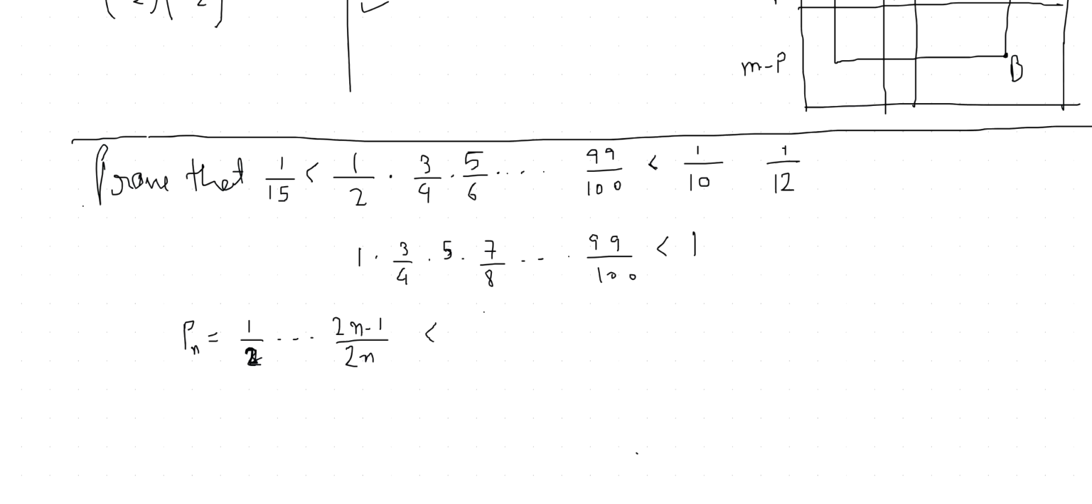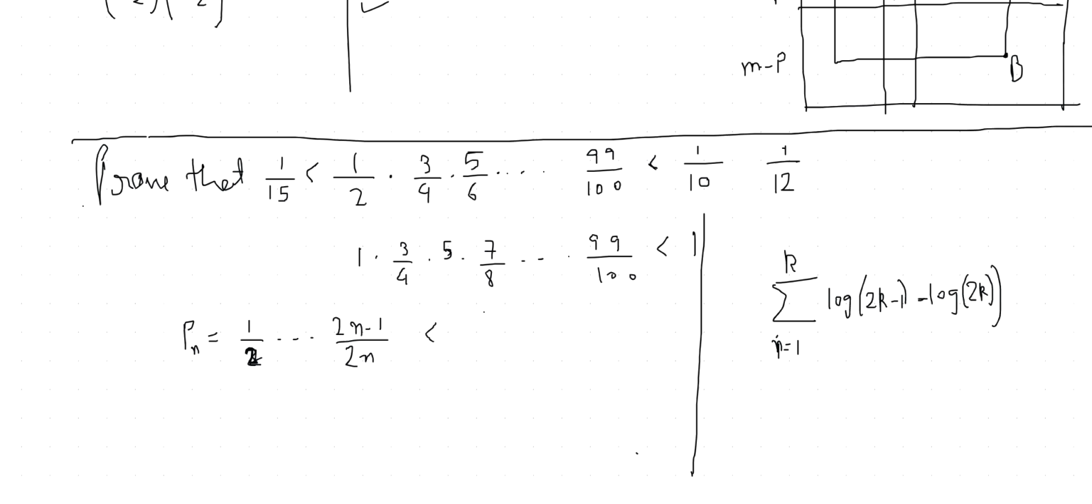So we can take log. So we will get some series where we have i going from 1 to k of log, write it in a second row, maybe 2k minus 1 minus 2k. We have this series of negative terms, and